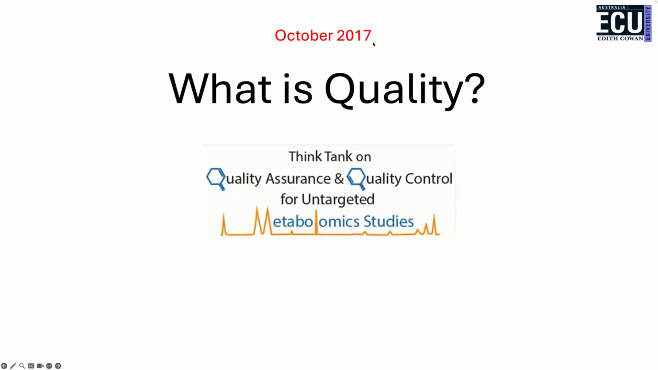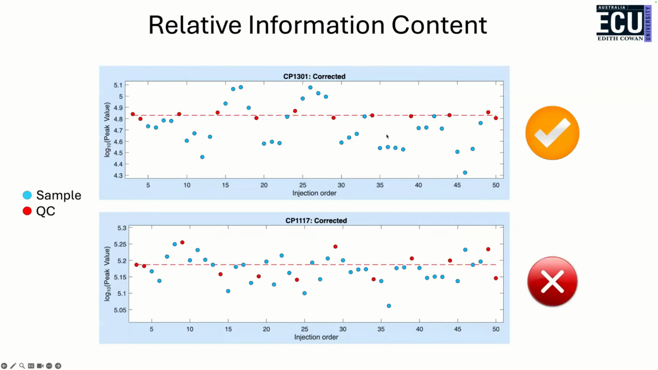In 2017, I was invited to be part of a think tank, particularly looking at quality control and quality assurance in metabolomics. That's where I introduced more of an idea of doing data cleaning after we've done any batch correction. And I introduced the term relative information content. What I mean by this is, the top metabolite here, you can see that's a very good metabolite. The QC is very tight. The biological variance is a lot bigger than the QC variance,